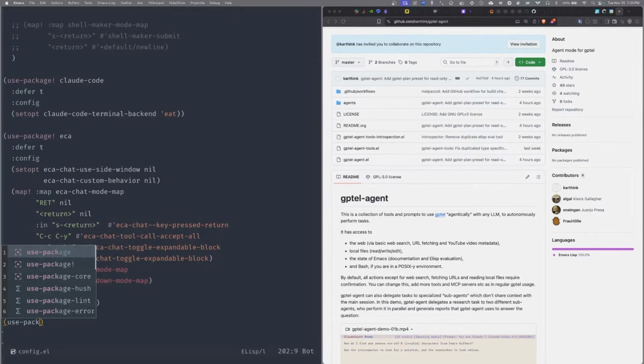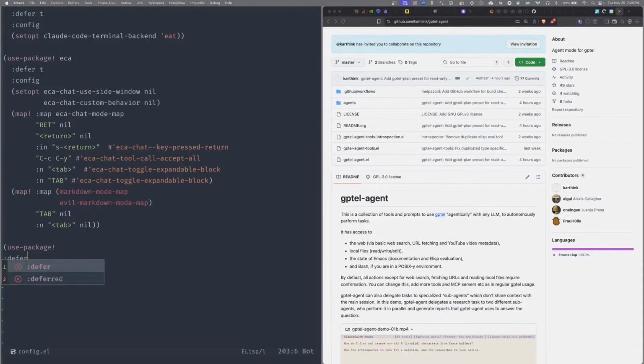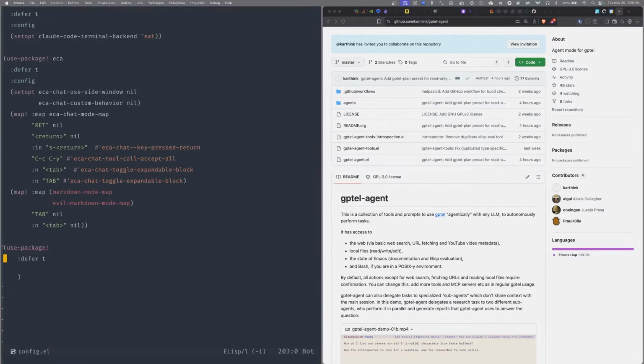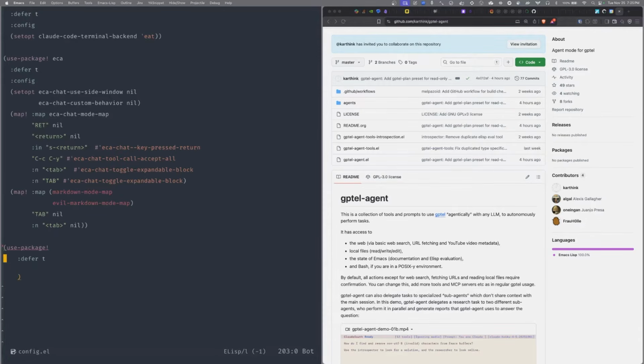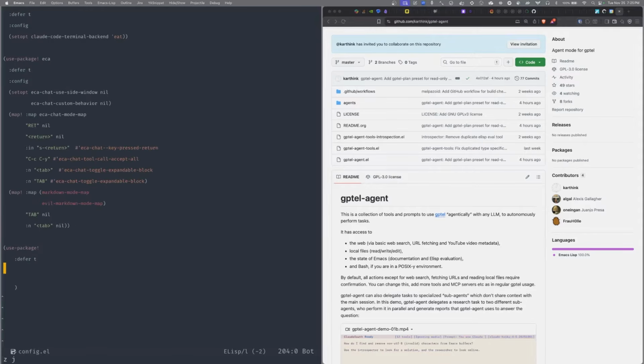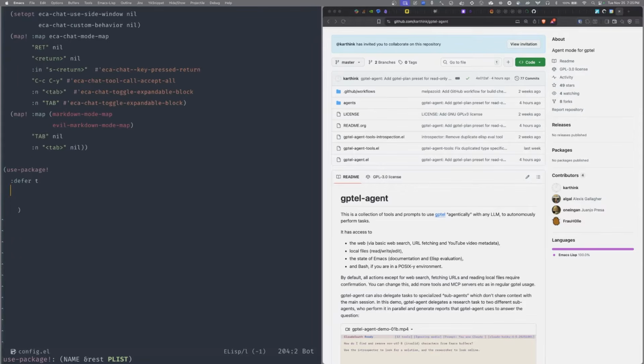The typical Doom Emacs thing is to use this macro, which is based on use-package. It just adds some additional things. We'll defer it. I don't know what is up, I zoomed in too far. It's the indentation, it sometimes does this. I'm not sure why, but that's okay. It's the true Emacs experience, where it sometimes does things and I don't know why. Yes, exactly. Defer t, then we'll have to have config.